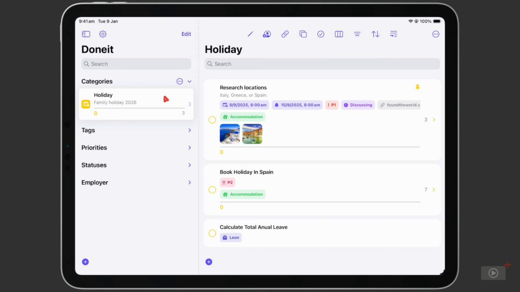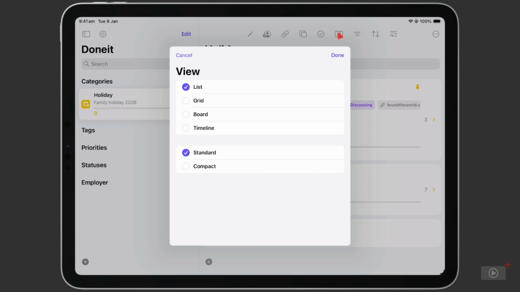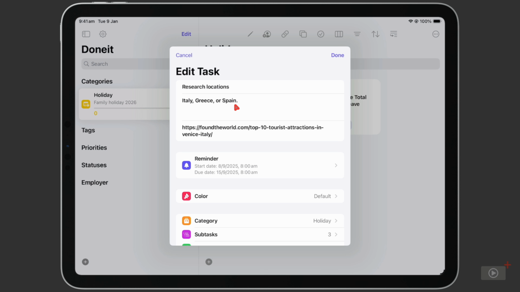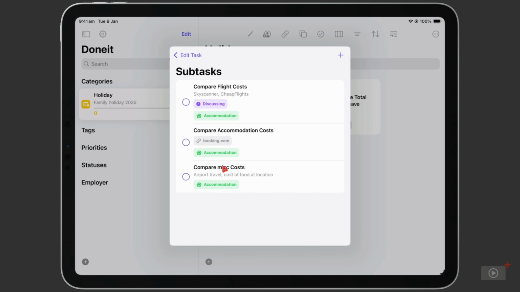Now we can play with some of the view options, back up at the top bar. We're currently viewing as List, but let's see how it changes when we select Grid. Now we see our tasks as simple panels. If you want to see the subtasks, you'll need to enter it and then scroll down to subtasks. There they are. And they've got their tags as well. Going back,